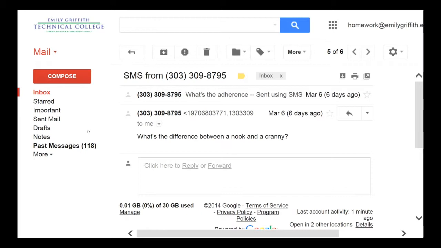Nook and cranny. Okay, so this is a little bit of a dialectical question. For the same reasons that someone says bag rather than sack, or soda or pop, nook and cranny both kind of mean the same thing, and it's an idiomatic expression when someone says, I searched all the nooks and crannies, or cleaned all the nooks and crannies.